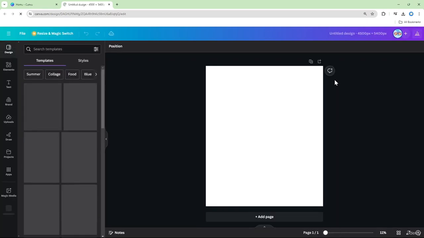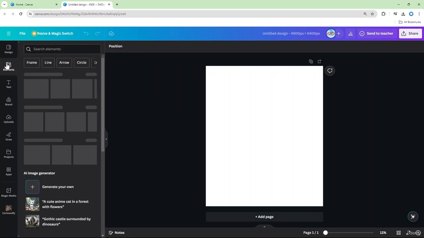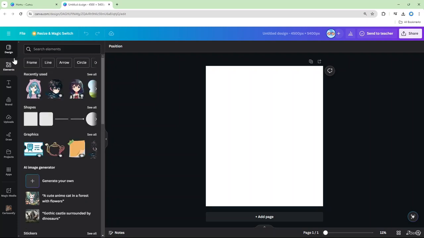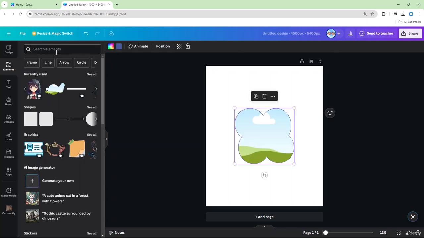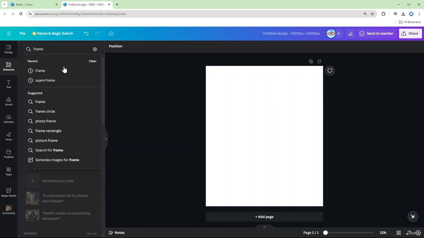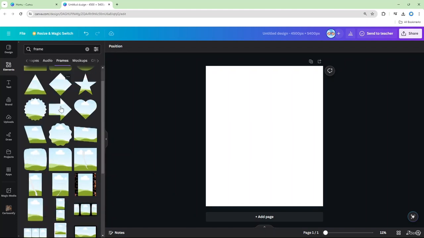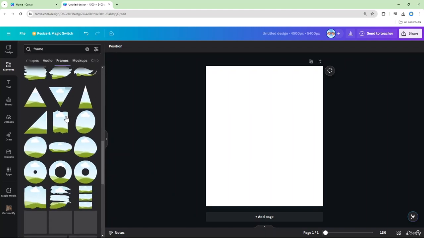Now it takes you into the design editor over here. The first thing I want to do is add elements. Go to the elements tab, and then you can easily use a frame. So let me use this frame. You can also type "frame" in the search, and it will give you the same frames you want to use. Then here I will use the frame,